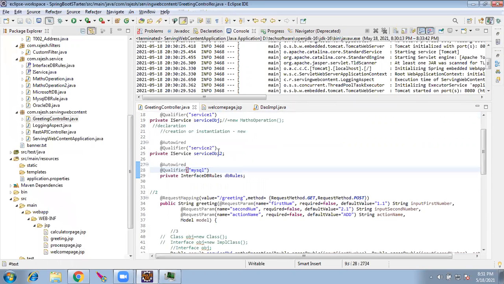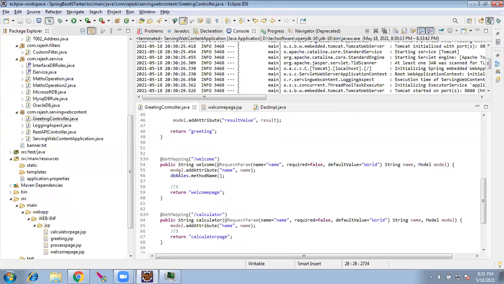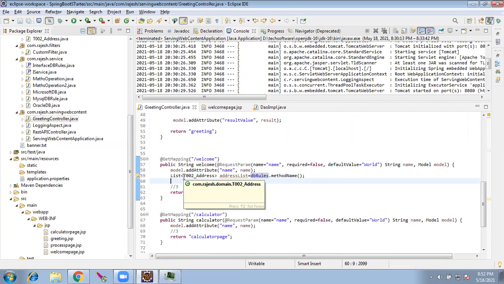It comes to the controller. It comes to the welcome here. So here I have to receive that address list, and let me see if I am getting that value. I'll give a for loop for the syntax I said, which is core Java, T002 address OBJ.